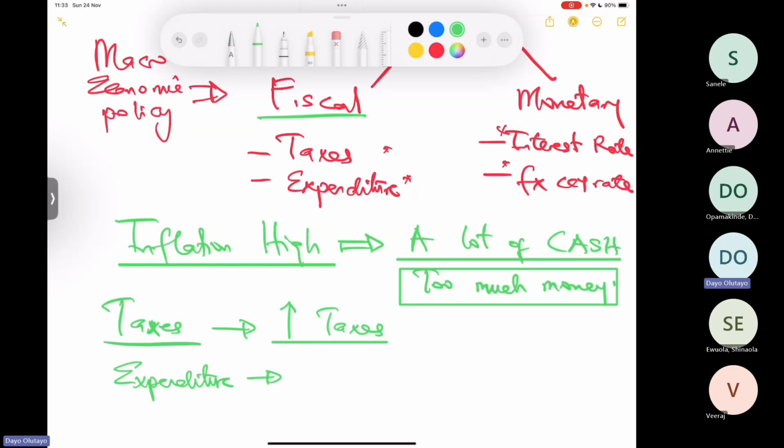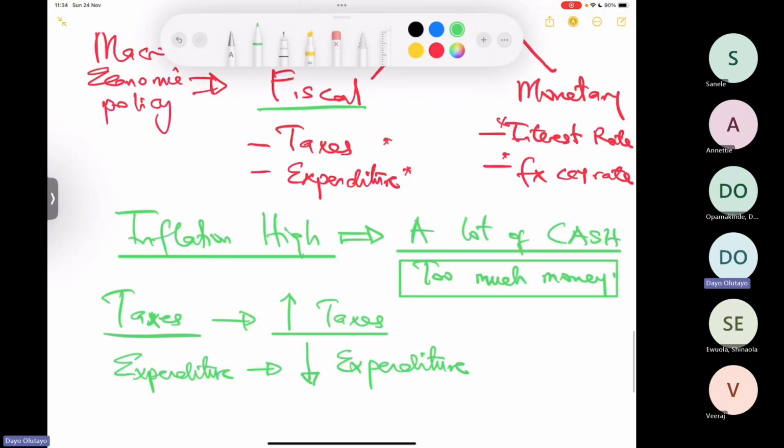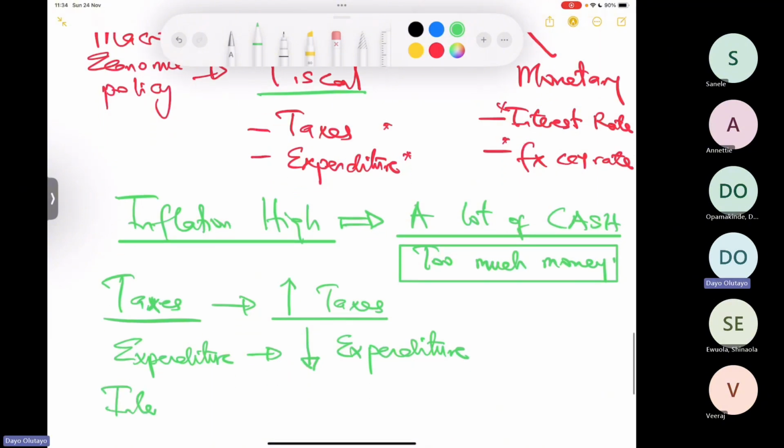And if inflation is high, that is not what a government wants to do. So in that case, to use expenditure to reduce inflation, they have to reduce expenditure and vice versa. And likewise, for interest rates,